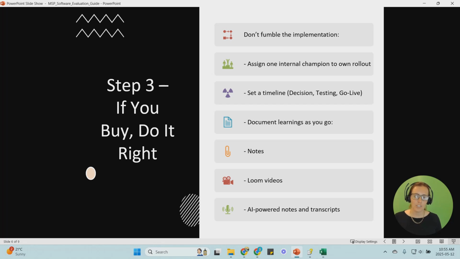Always document learnings as you go. So this internal champion, if they get asked questions, if there's something that they learn or if there's a best practice, I really recommend doing a Loom video of a 1 to 2 minute video on how to do something or what the best practice is and storing that in an internal database that you can search and access later. Then if that person leaves or gets promoted, their knowledge has been put down and is in a searchable format.